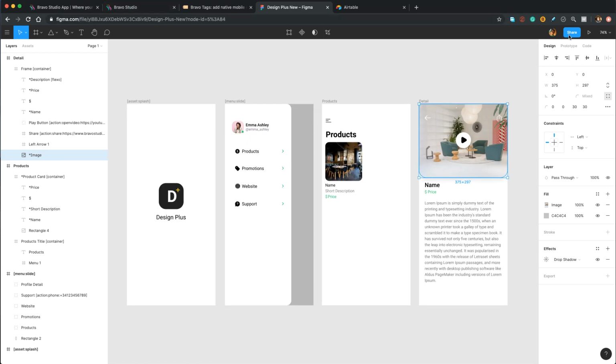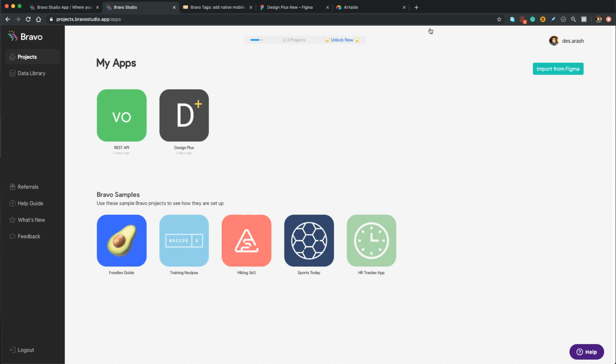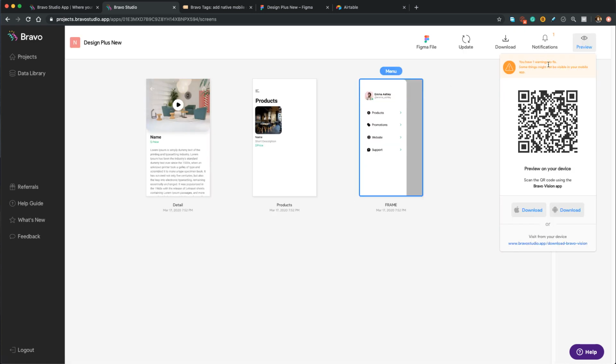All right, now let's click on this share icon, copy link. Let's go to Bravo Studio. I'm gonna import from Figma. Paste it here. All right, as you can see, we've got a warning here to fix, but it's not a problem. So we will check out our app, and if there is something wrong, we will come back and fix it. All right, so now our design is connected to Bravo Studio, and it's time to create our data library,